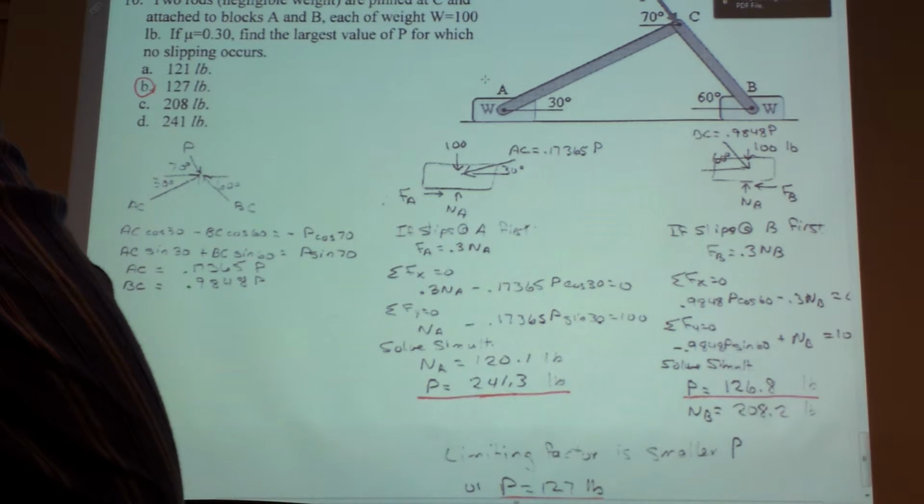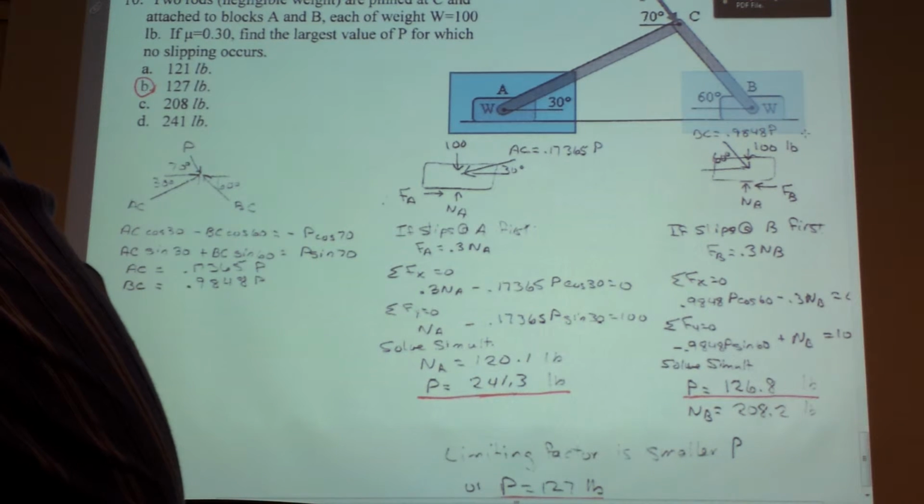This is pretty similar to what we did in class, I recall. I've got really three different possibilities for a free-body diagram. I can look at block A, I can look at block B, and the three bodies together. But the other thing that I did, and I think the one we did in class was very similar to this,